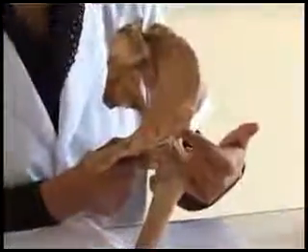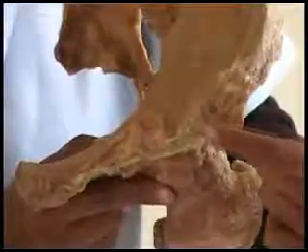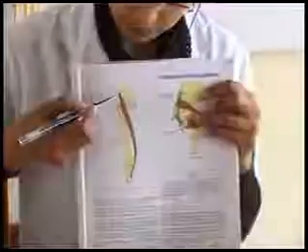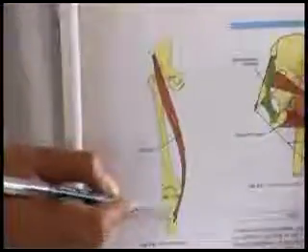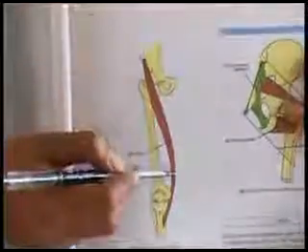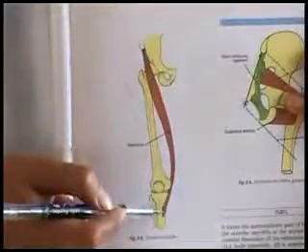The attachments: anterior superior iliac spine. The lateral end of the inguinal ligament is attached to the upper part of the anterior superior iliac spine. Below that, it gives origin to a parallel muscle known as the sartorius. Sartorius arises from the anterior superior iliac spine, passes across the thigh on the medial aspect of the knee joint and gets inserted into the upper medial surface of the tibia.